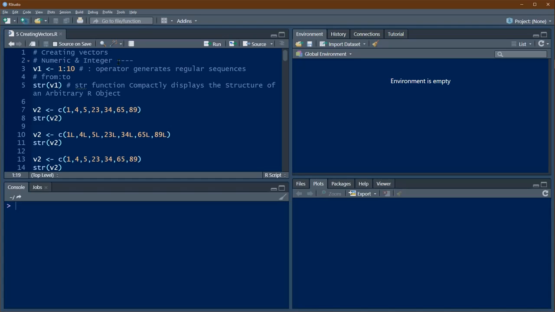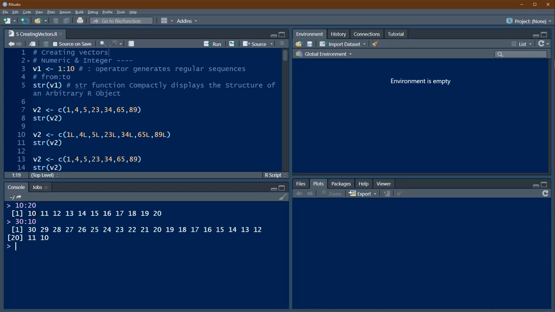We'll create the numeric vector. First statement, at line number 3, V1 has been assigned 1:10. What is this colon operator? We'll see in the console. Suppose I say 10:20. Then R gives me numbers from 10 to 20, that is from is 10 and to is 20. So it gives a sequence of numbers with increment of 1. Suppose I give 30:10. Then R gives me values from 30 to 10,